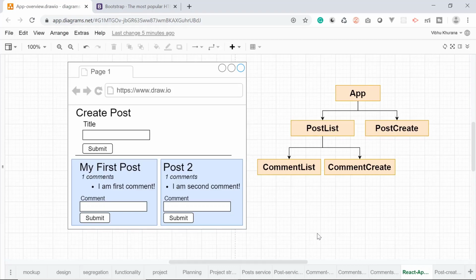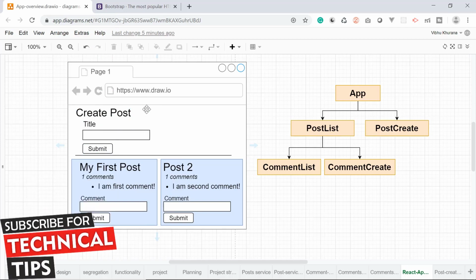In this video, we are going to work on the post create component. According to this mockup, this is the form that we are going to create today. In order to create that, we are going to follow